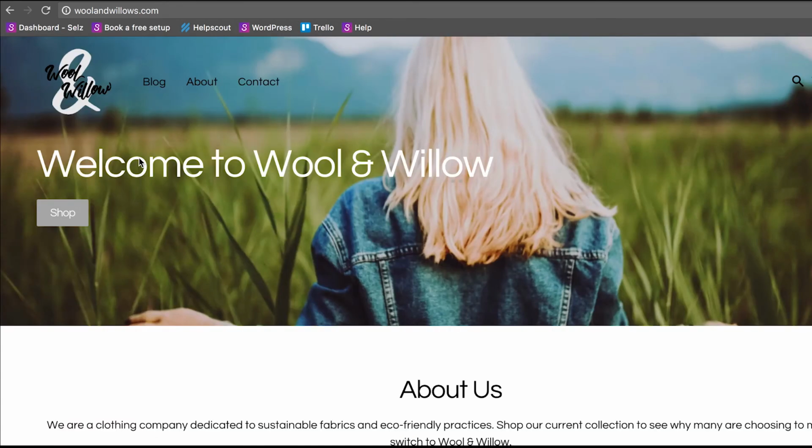Okay, so that was how to set up a custom domain for your store, to connect an existing one that you own, and to also edit the Selz.com subdomain. If you do have any questions,